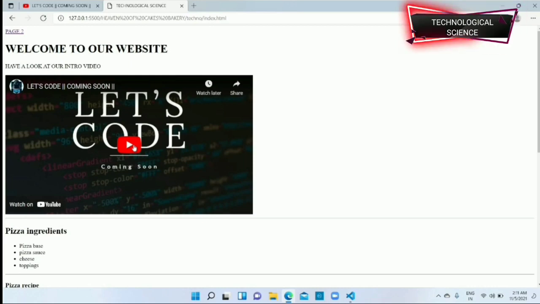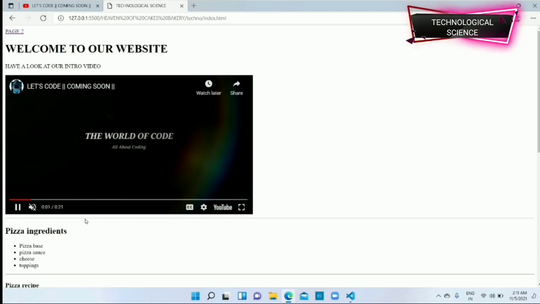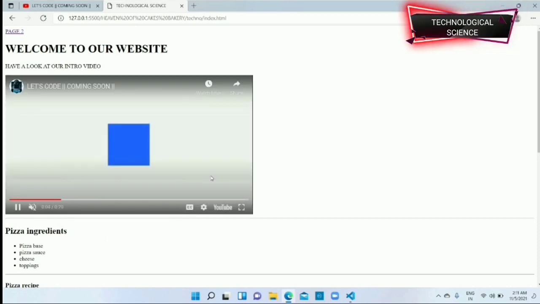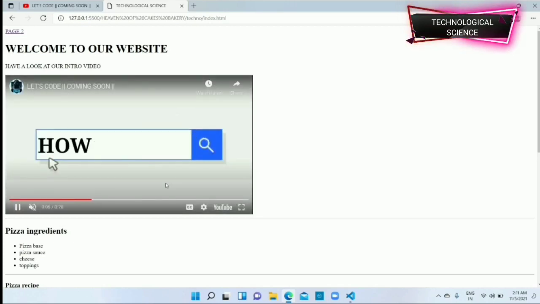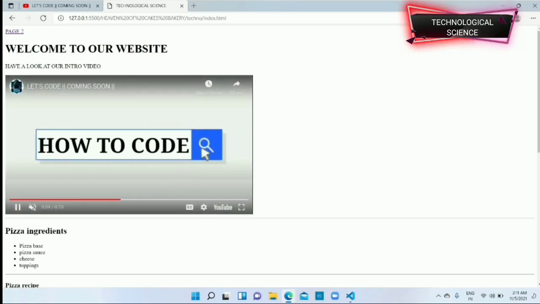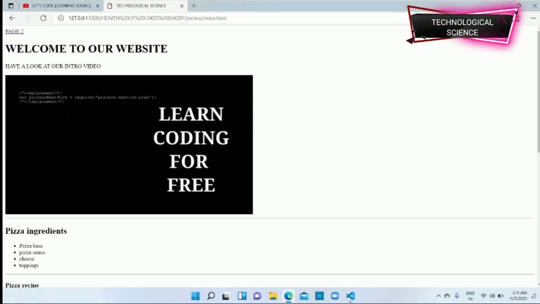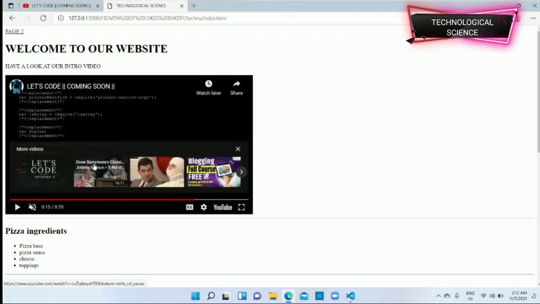For example, connecting a website in my website. When I click on this, my video will play, and it's like you are playing a YouTube video in your website. It's a type of thing where I have requested YouTube. So when you are connecting something on your web page, it basically means that you're requesting that website. I have requested YouTube, the link connects it with my website, and it plays YouTube in my website. So it's a kind of embedding.